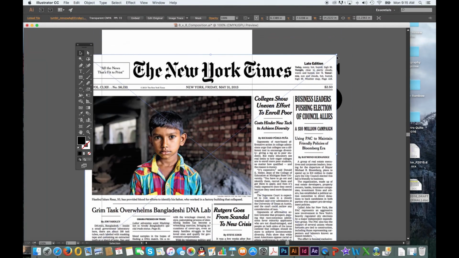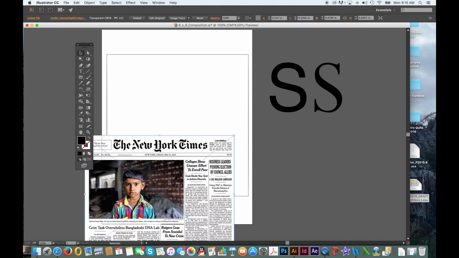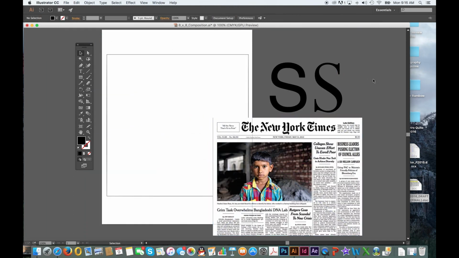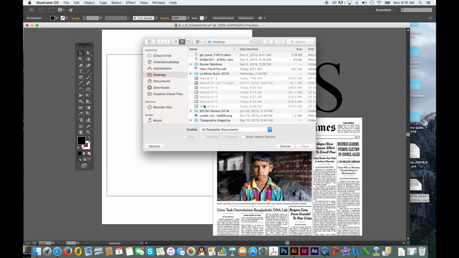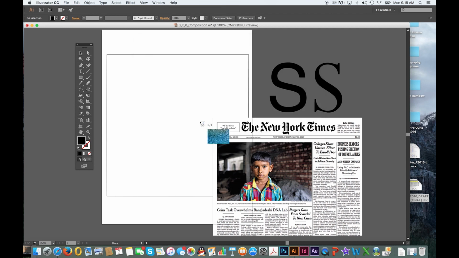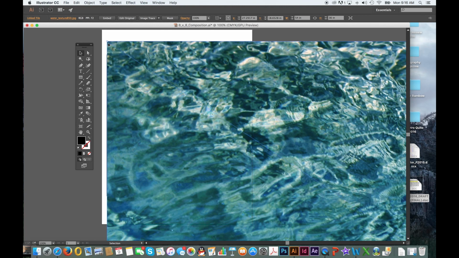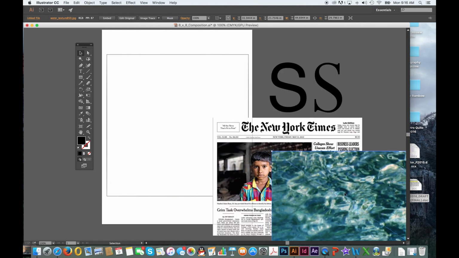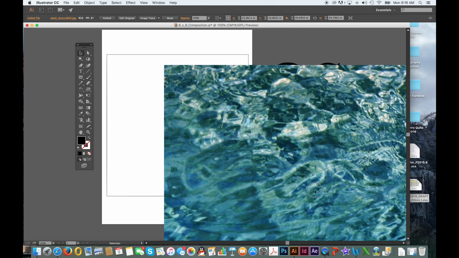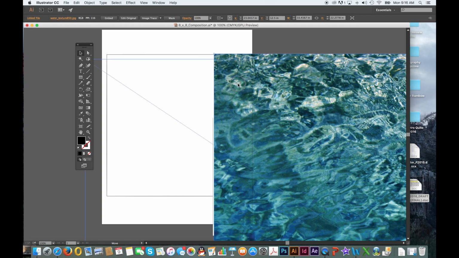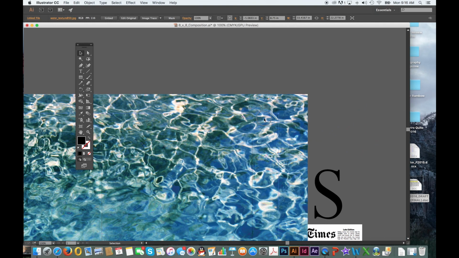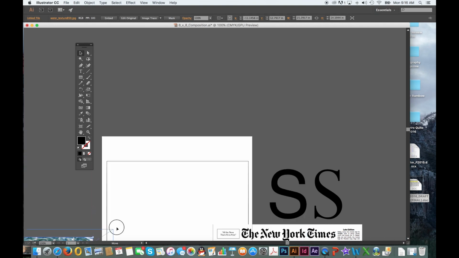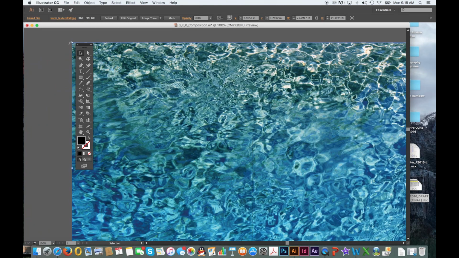This is a digital image of a New York Times cover, as well as a high-resolution image of water texture. I'm just going to go ahead and place both of these in Illustrator, to place any type of digital image. This is actually a rather large image here, and I think it's important when you're working with images